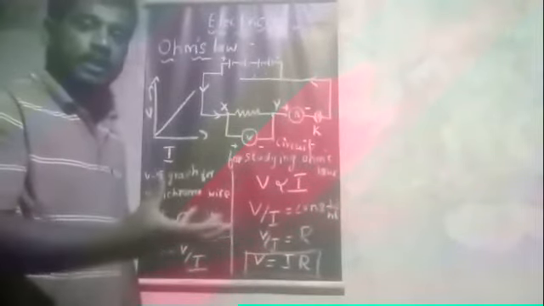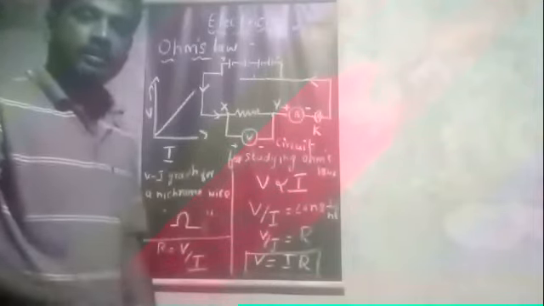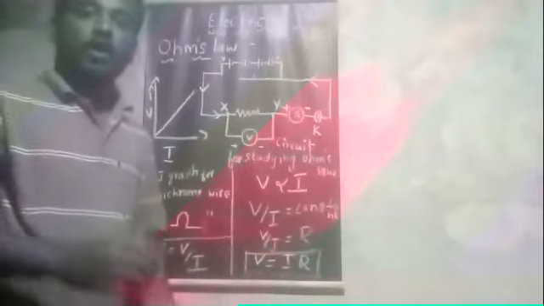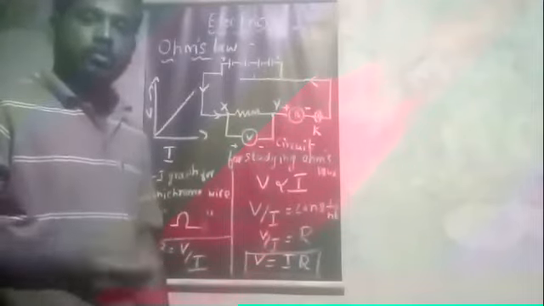Okay, so in this circuit, what he is doing is increasing the voltage. That is, the number of cells he is adding goes on increasing, which increases the voltage. After increasing the voltage, what happens to the current? That relationship he studied. So suppose I consider here a small table.